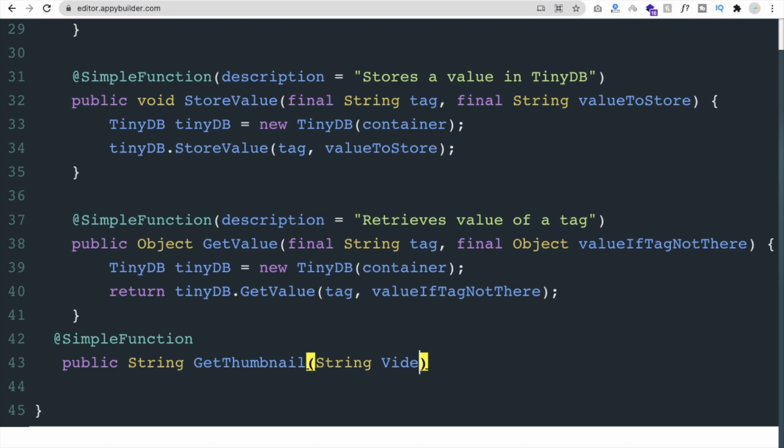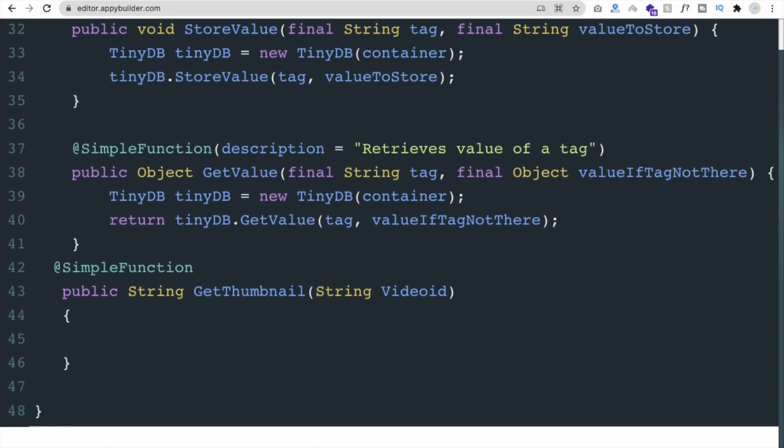You can use anything here, like just id or video id, because you are defining that name. You are telling your computer that this is a string and that the string name is video id. Now we need to use the curly brackets, start and close, like this.